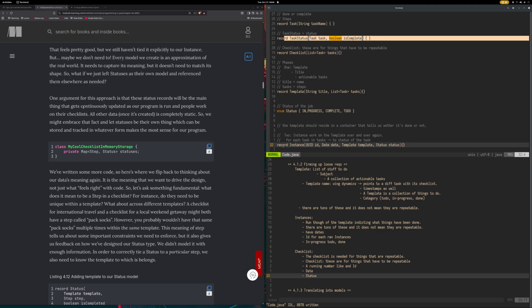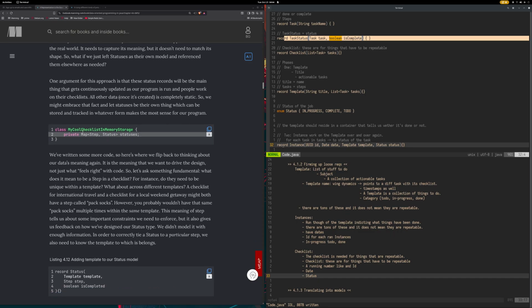So we might embrace that fact and let statuses be their own thing, which can be stored and tracked in whatever form makes the most sense for our program. So we have our my cool checklist in memory storage. So a step is gonna be matched to a status, and then we update the status, I guess. All right, so